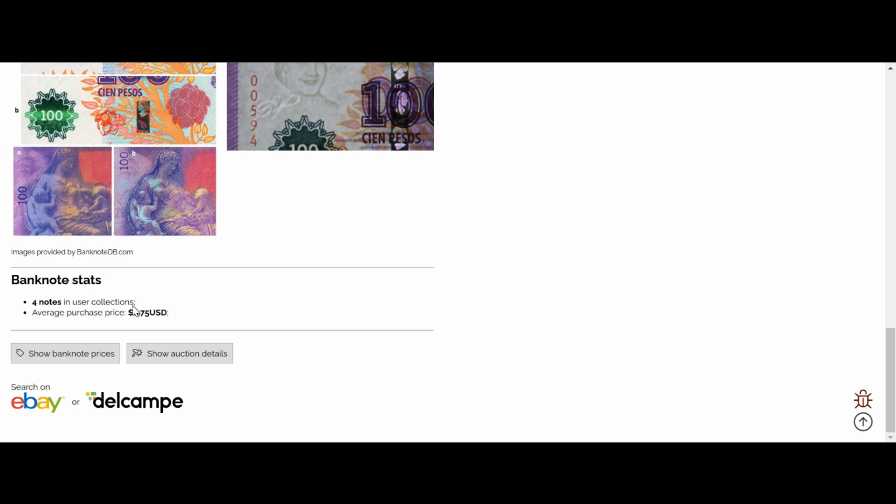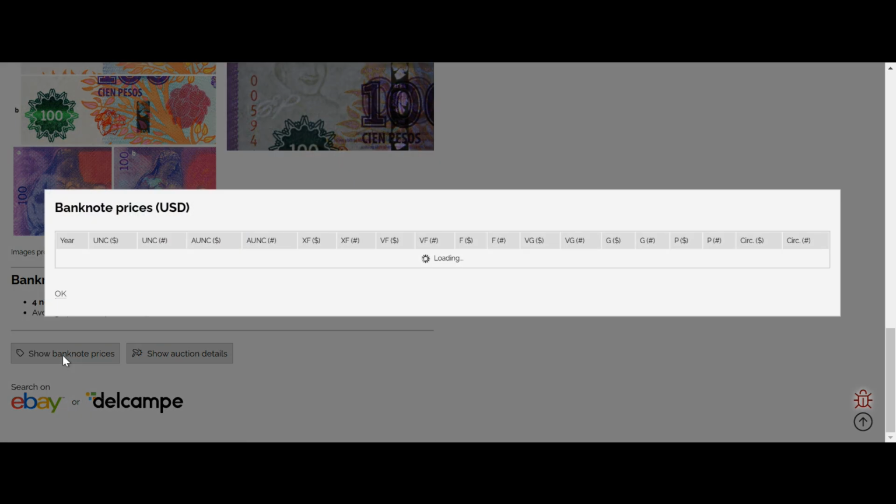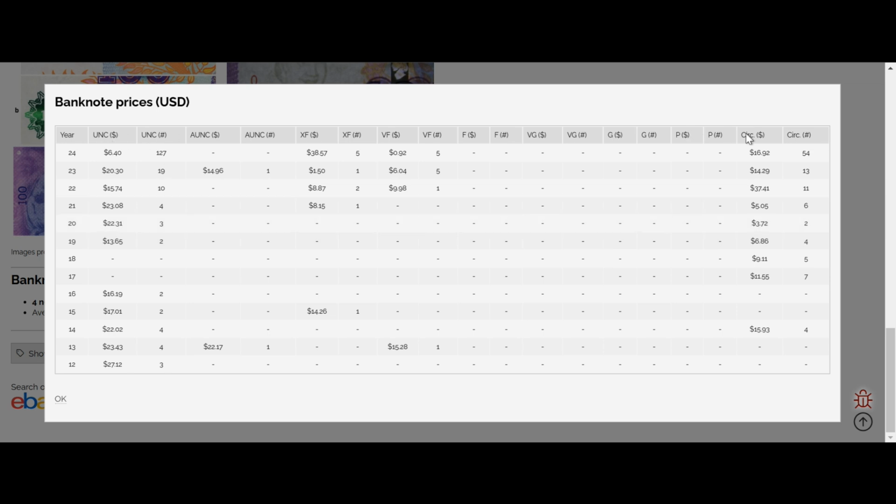It says that there are 4 notes in the collection, so there are 4 notes entered in people's collections, and the average price that they paid was $8.75 USD. Now you have 2 buttons here. One here shows you pricing by condition over time. So you can tell that, for the uncirculated